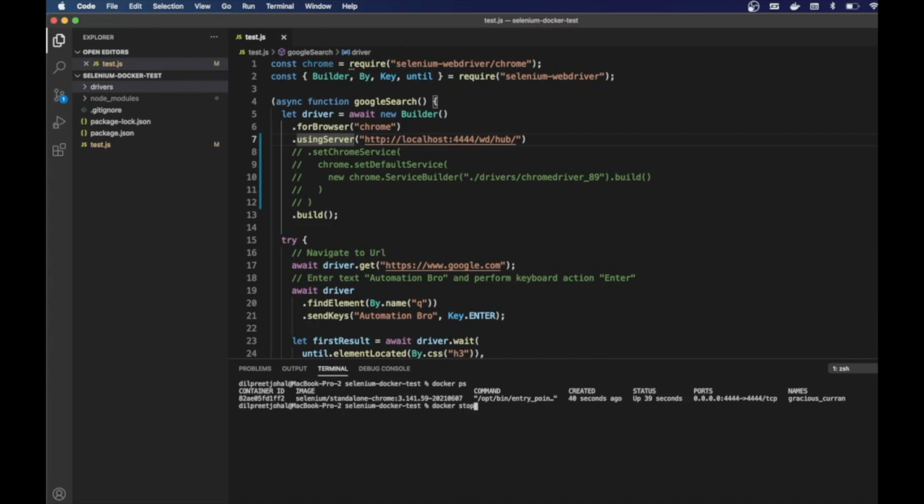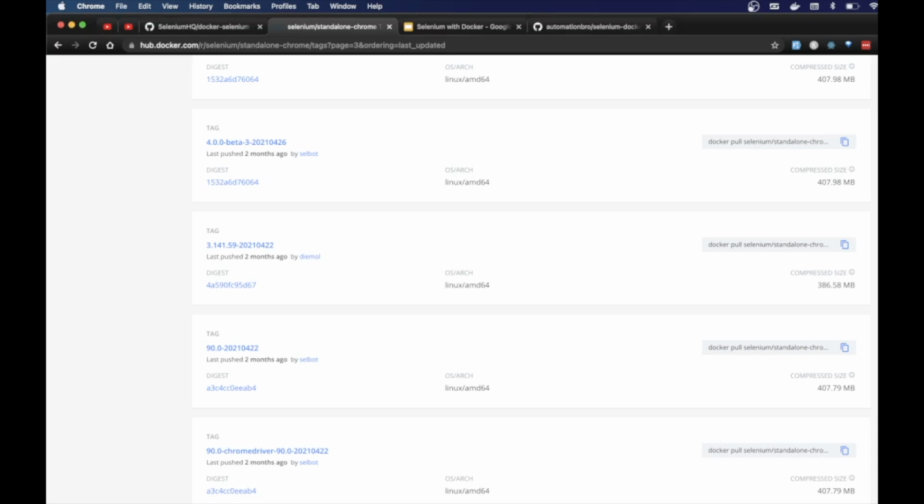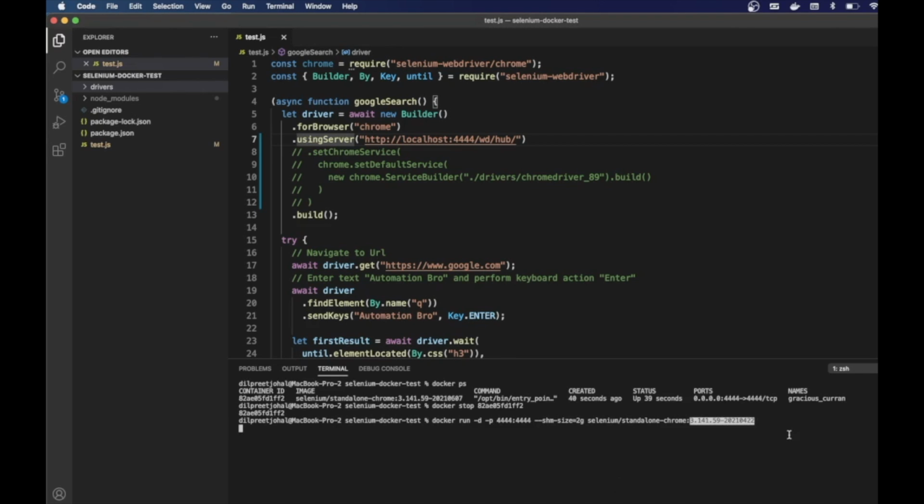So I'm going to do docker stop with the container ID. And I'm going to do docker run again, run the whole command, which is over here. And then I will change that one to the one that we copied. Oops, not this one. So let me head back to Chrome. So it's this version. And then simply go back to VS Code, paste it here. All right, so this is 0422 versus using 0607. All right, let me hit enter.